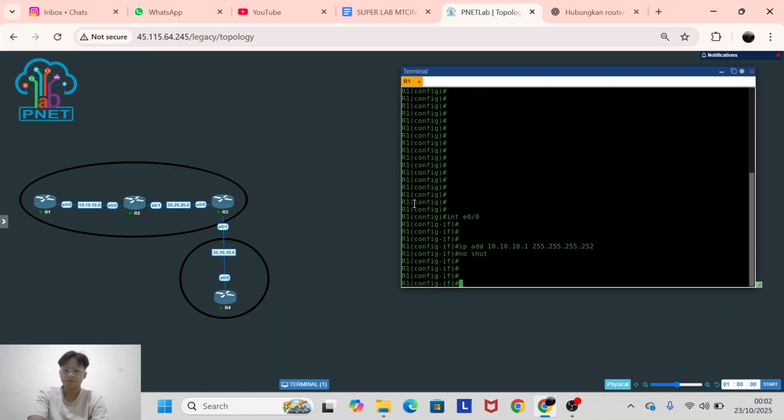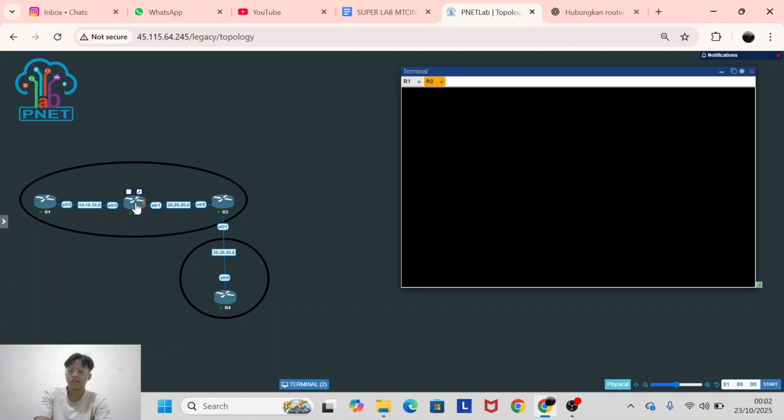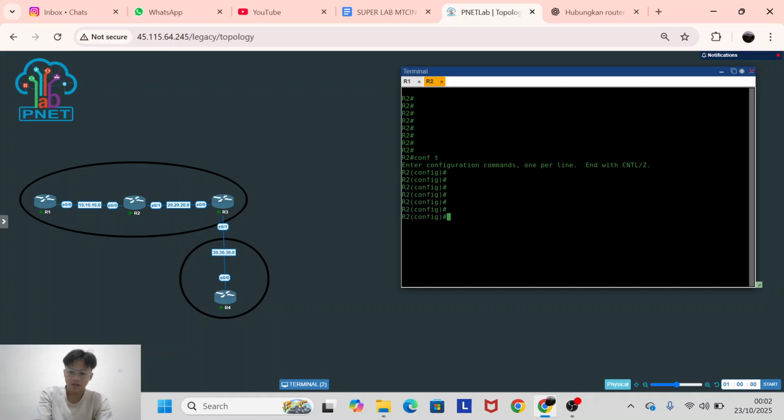Okay, I do this with the other routers too. In router 2, I go to layer 3. I change the host name.